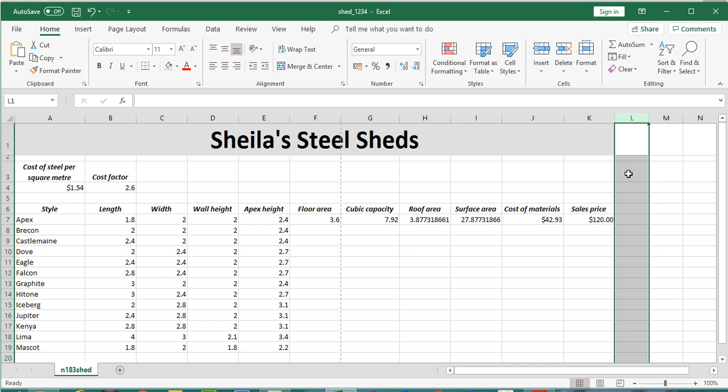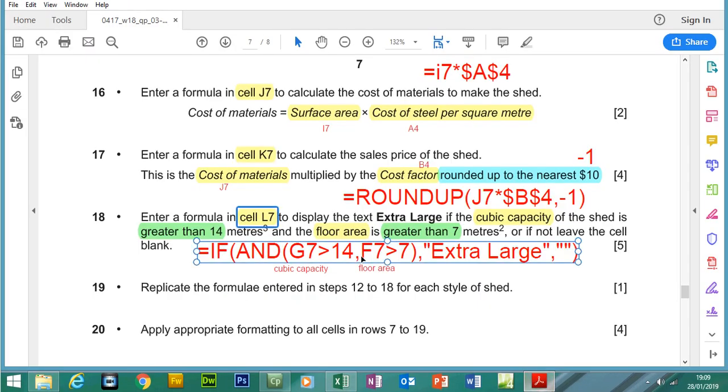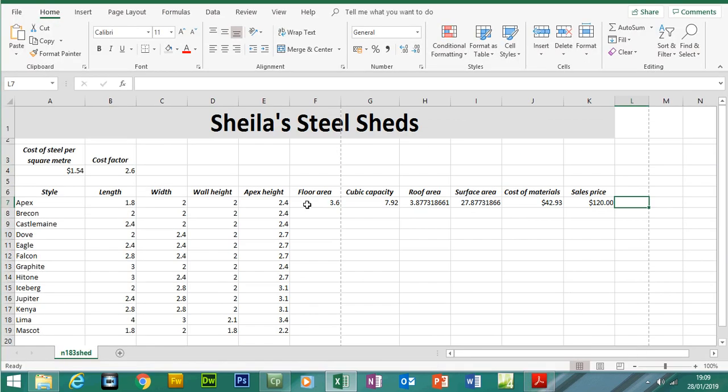L is here and 7 is there. Okay, so what do we need to do? To display the text extra large, if the cubic capacity of the shed is greater than 14, so the cubic capacity is G7, yeah, so if this is greater than 14,